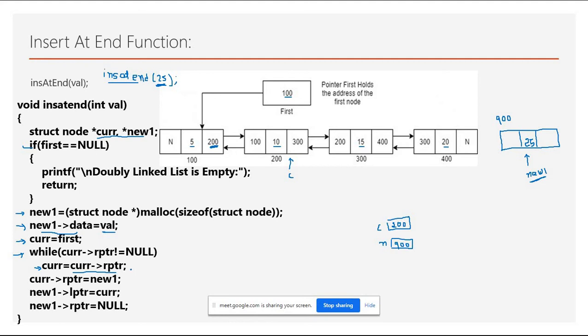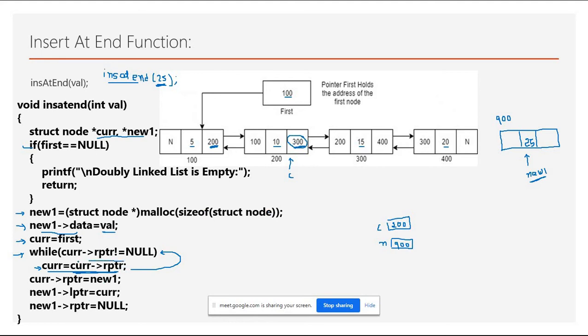Fine, again this is a loop, so computer will check, right? Again the header part of the loop, is the RPTR of the current on 200, means this part, null? Again no. So computer will execute this line. So what is there in the RPTR of the current? In the RPTR of the current we have 300.